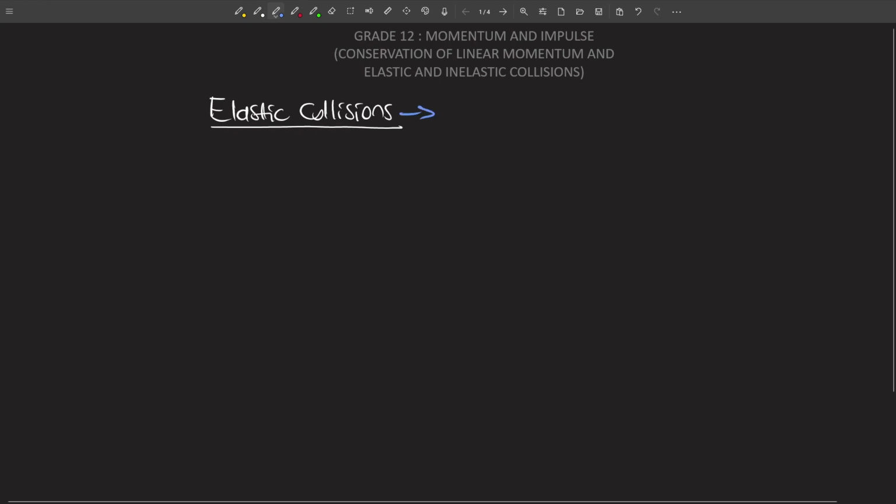During an elastic collision, kinetic energy is conserved. The second thing, momentum is conserved. An elastic collision